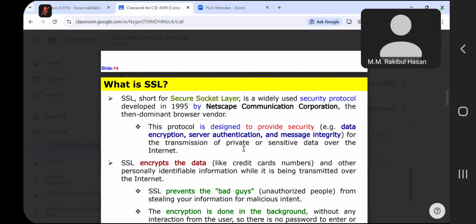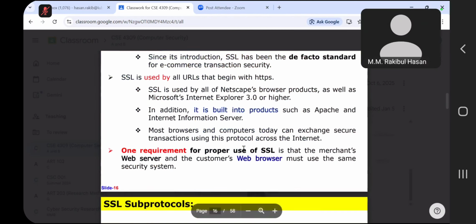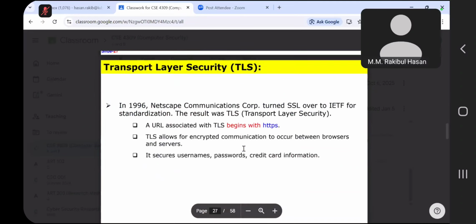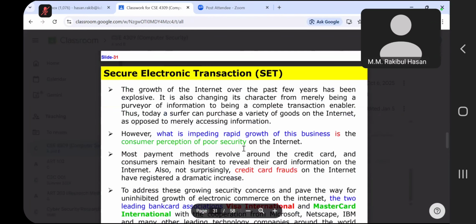While you are sending data, if anyone alters that data, it is easily trackable. So SSL also gives us message integrity, the purity of the message. On the other hand, this SET protocol